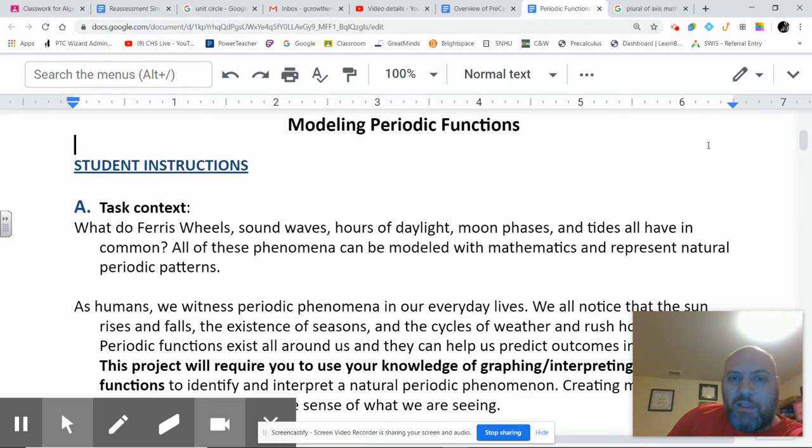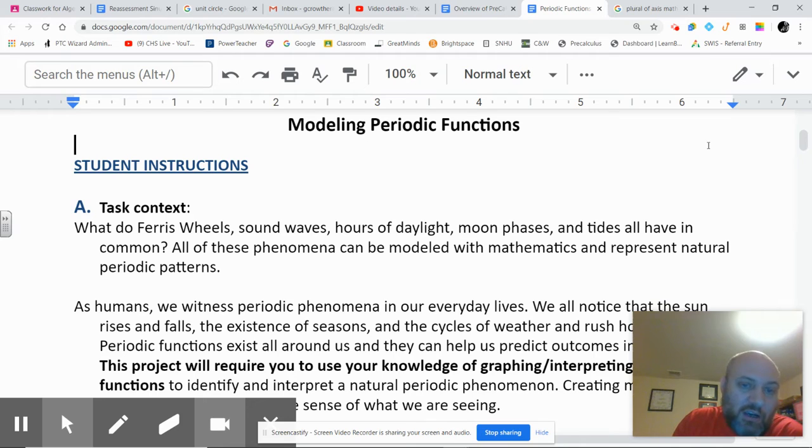So what we've been doing for the last 3 weeks is working on periodic functions. And so your final task will be taking some of these periodic functions that we've talked about, and we started doing some in context, and doing a little bit of research about your own interest in periodic phenomena. And we'll give you some suggestions at the end as to where to go.